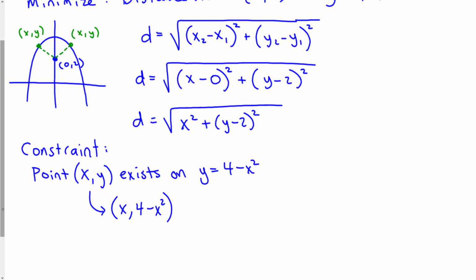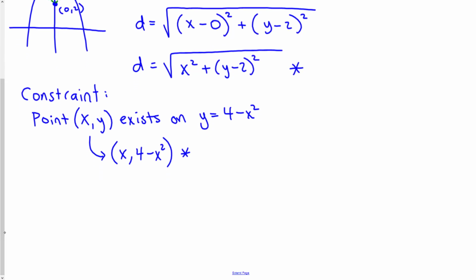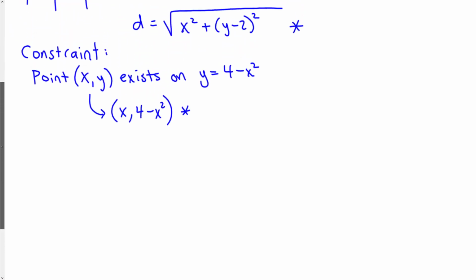So I actually don't necessarily want the distance between my point (0, 2) and any point on the plane. I want the distance between (0, 2) and this one right here. I don't have to redo any work. All I have to do is just substitute 4 minus x squared in for y. So my new equation would look like this. D equals the square root of x squared plus (4 minus x squared minus 2) quantity squared,